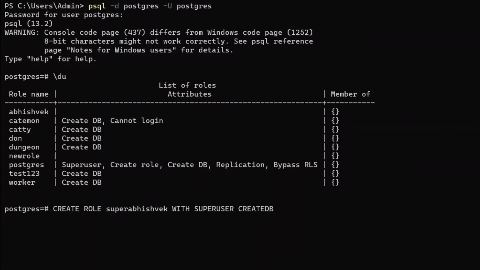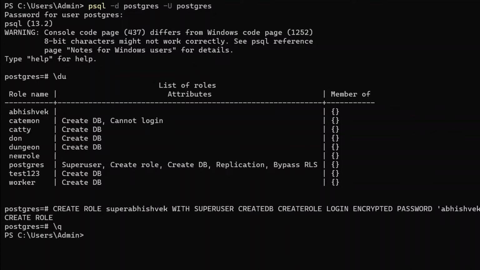And once we have created this, let's have here a new attribute to it of creating database. So let's have createdb, and also one more attribute of create a new role. So for that purpose let's have createrole, and also we shall be having a login and password to it. But instead of having a normal password, I am gonna be simply saving my password under encrypted form. So for that purpose let's have encrypted, and after that let's provide here a new password, and the password is nothing but simply press enter. Cool, so we have created a new role.